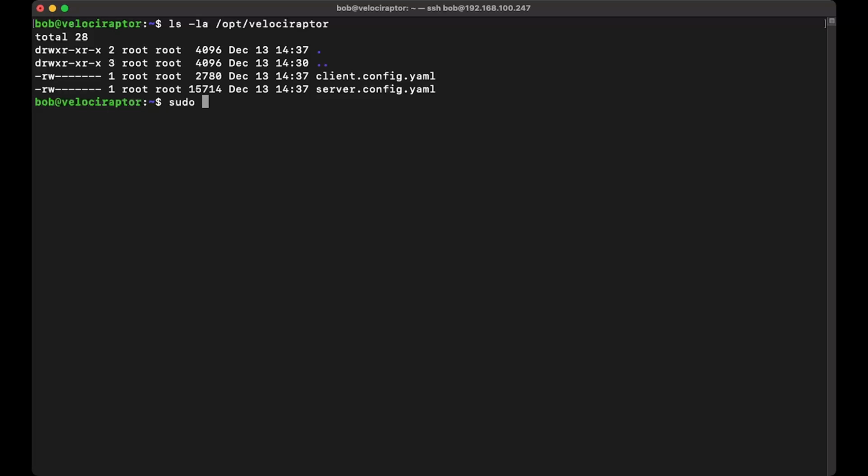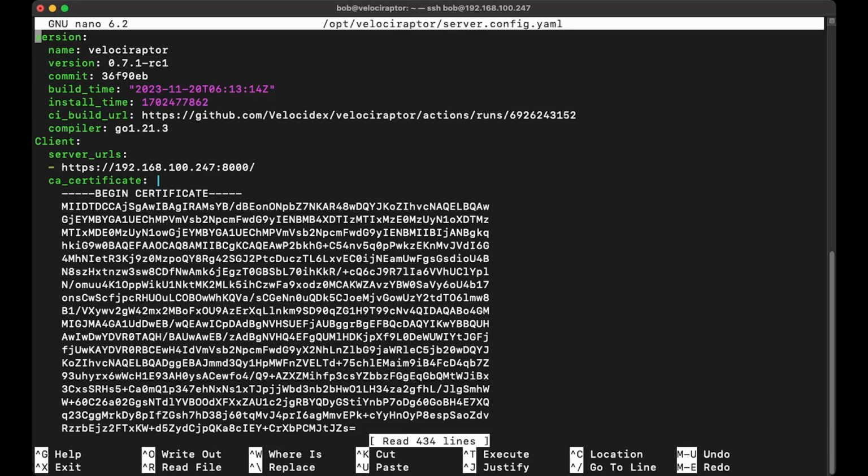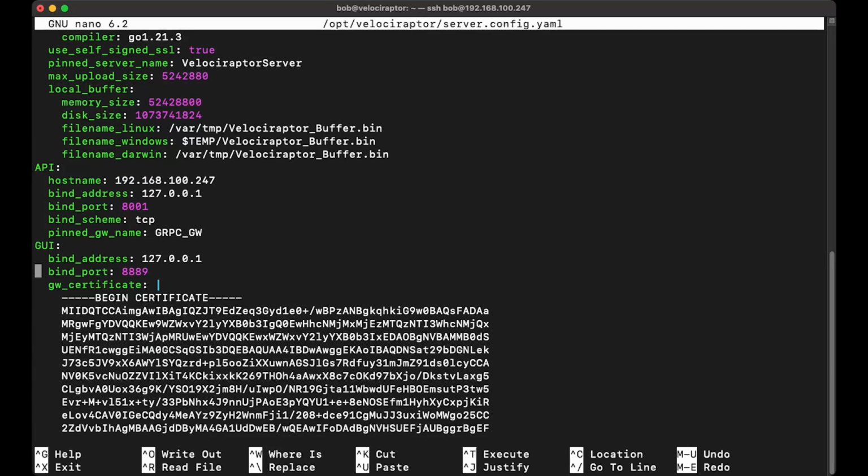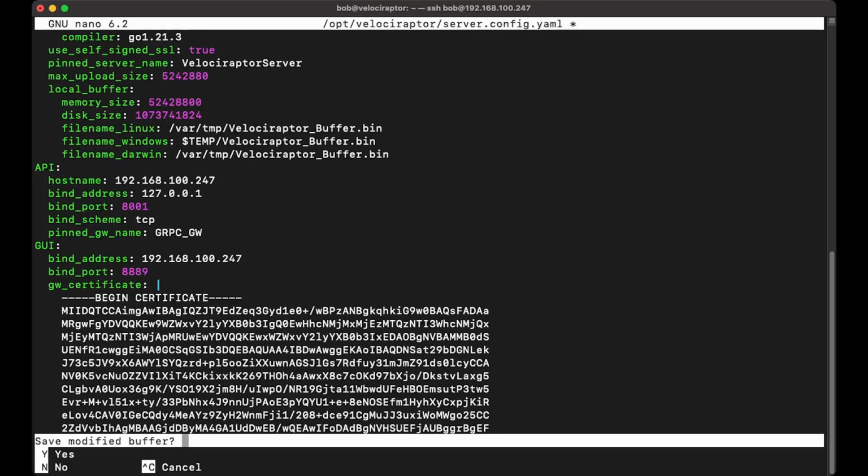I'll type in sudo nano /opt/Velociraptor/server.config.yaml. Now what we are looking for is the GUI bind address. So we can scroll down and eventually we will see the GUI bind address. Currently it is set to 127.0.0.1. I'll go ahead and remove this and then type in my Velociraptor IP, which again is 192.168.100.247. And then I will save this out by holding Ctrl X and Y to save and